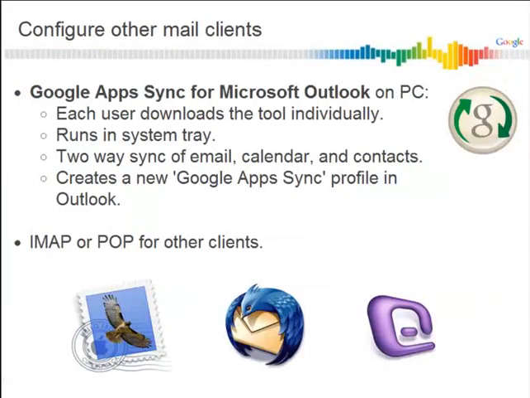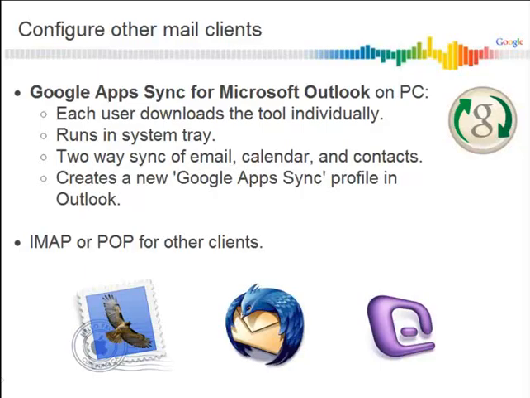Although we recommend using Gmail in the browser for the best email experience, we fully support a variety of other email clients. If your employees would prefer to use Microsoft Outlook on Windows PCs, we suggest running our Google Apps Sync for Microsoft Outlook tool on each computer you'd like to sync. Google Apps Sync will synchronize email, calendar, and contacts in a two-way push system. Your data is constantly kept up to date between the server and your Outlook profile. The tool runs in the system tray and maintains the sync behind the scenes. Simply download it, install it, and provide the username and password of the Google Apps user you'd like to sync